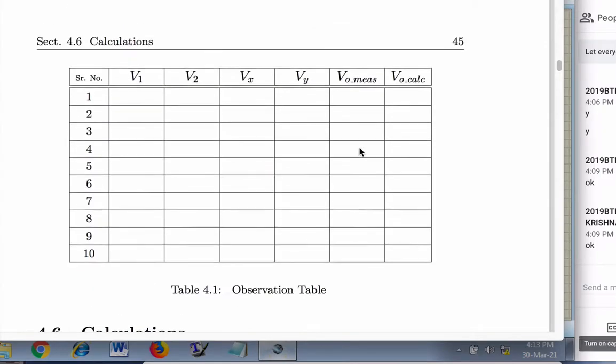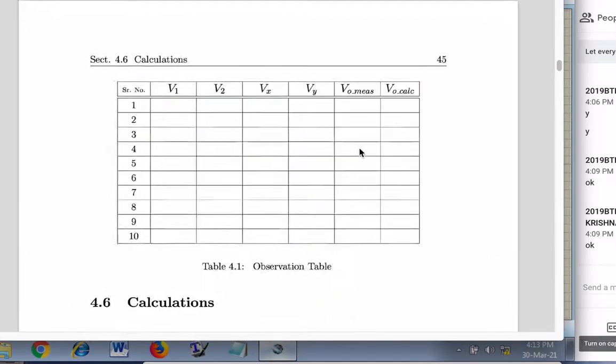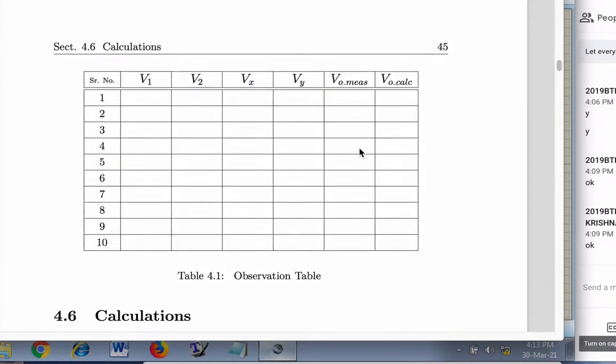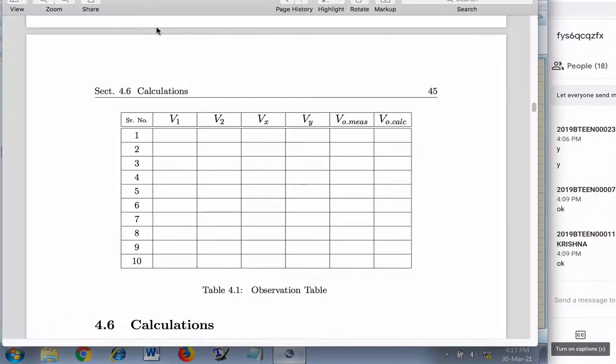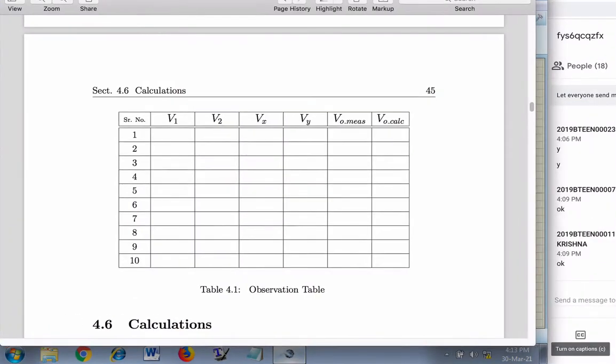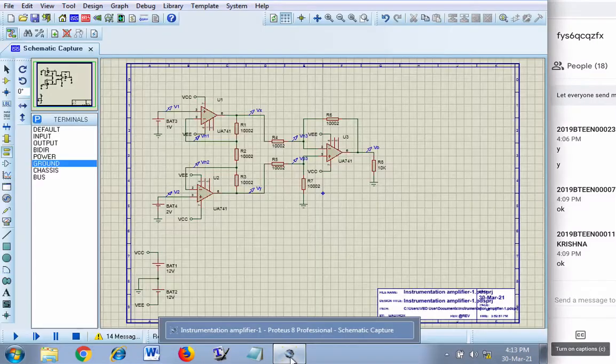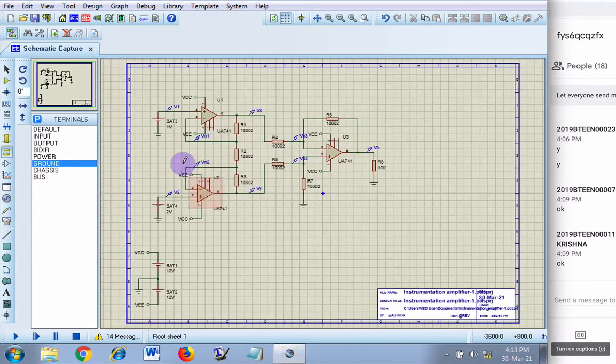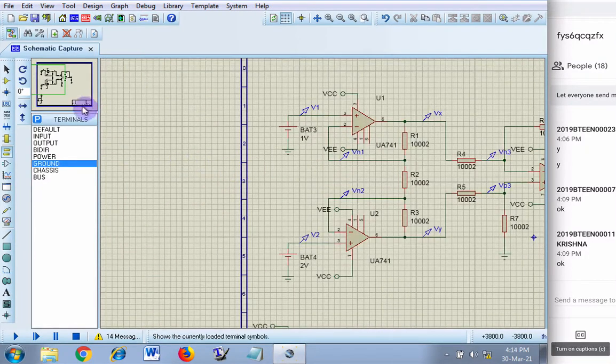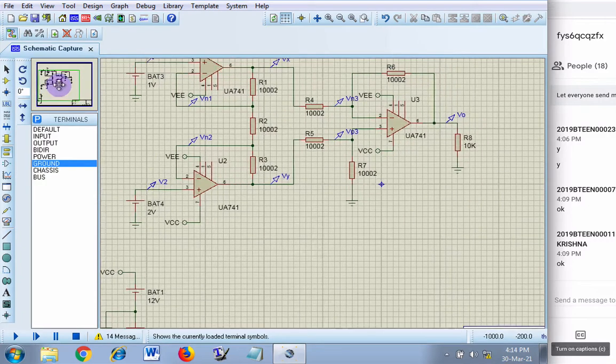Everybody understanding this? Any problem in doing this experiment? Is the resource material okay? Have you understood the process? Do you know the circuit? Do you know the derivation? Do you know how to add a voltage probe? How to draw the circuit and so on? And do I need to give this circuit to you?